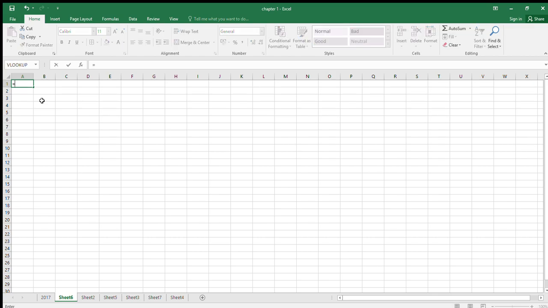So to create a formula, what we're going to do is tell Excel we're going to do something, and we have this equal sign. And equals basically is saying we're going to do something, do some calculations for us, do some lookups, whatever it is there. We then have this option here,